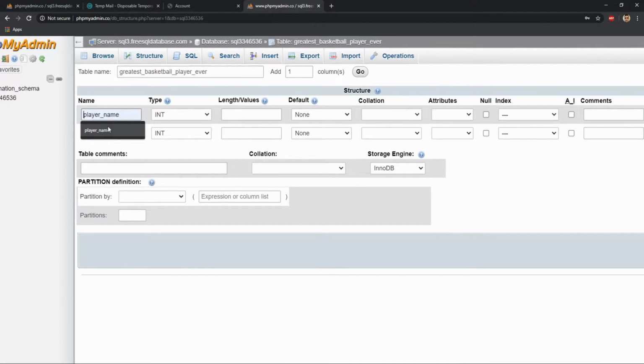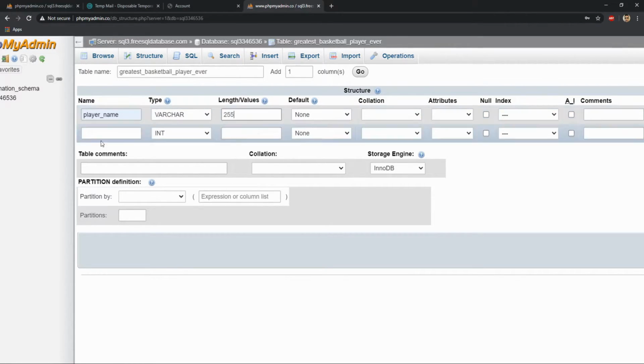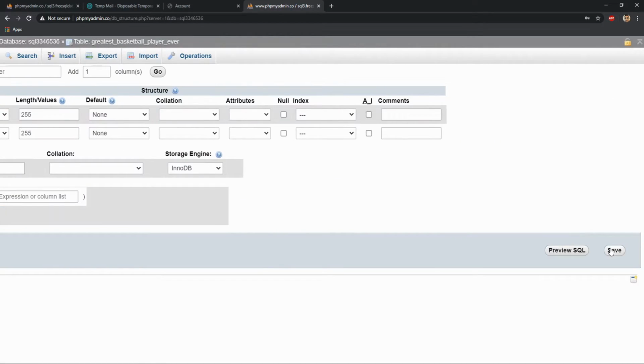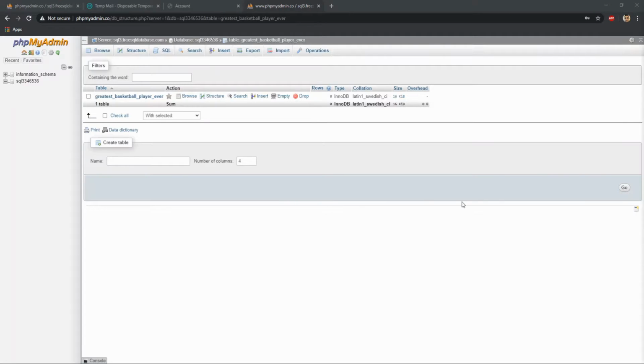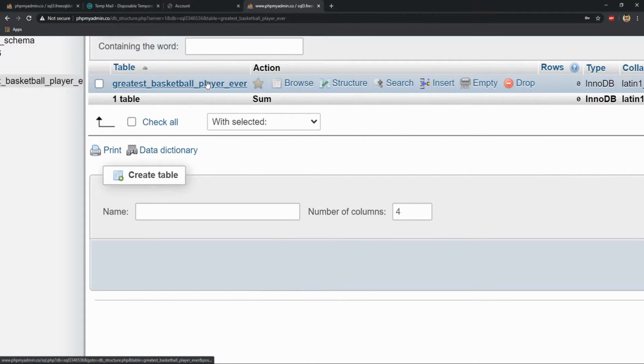So this one's going to be called player name. I'll give it a varchar of 255. And the next one is going to be the team, and same thing, varchar at 255. And I will click save, and it'll take its sweet time setting up this table. Alright, there we go. Now we have a table called greatest player ever, and if you click it, we will